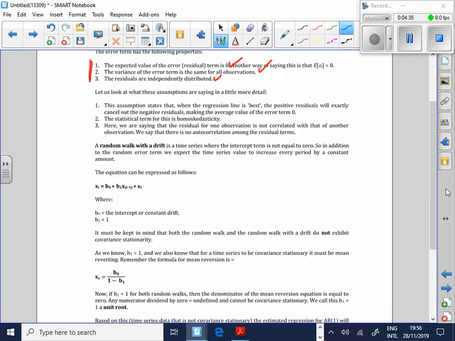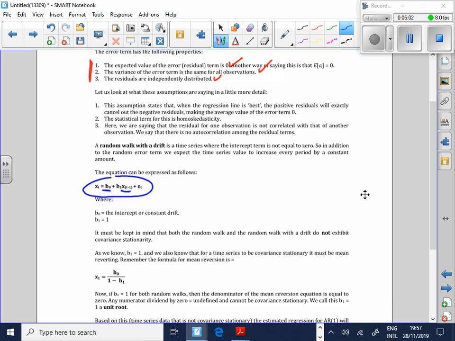Does this not look very similar to our normal AR models? B0, x_t is equal to B0 plus what? B1 times the last period plus your error term. Nothing different over here. You happy with that? This is just called a random walk with a drift. A random walk just contains no B0 because we assume it to be 0.